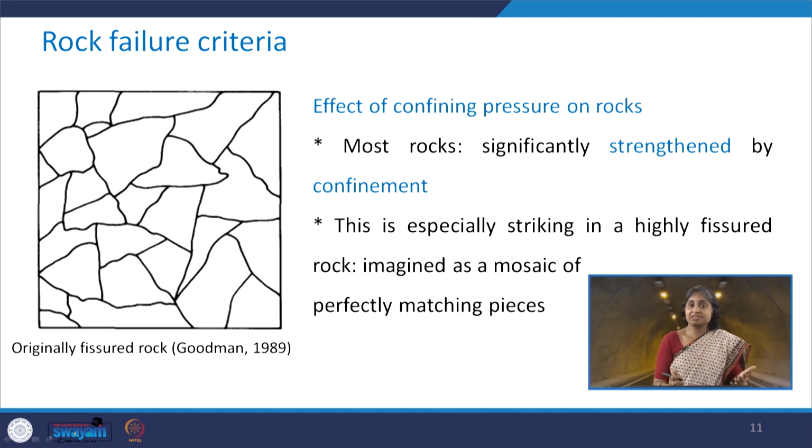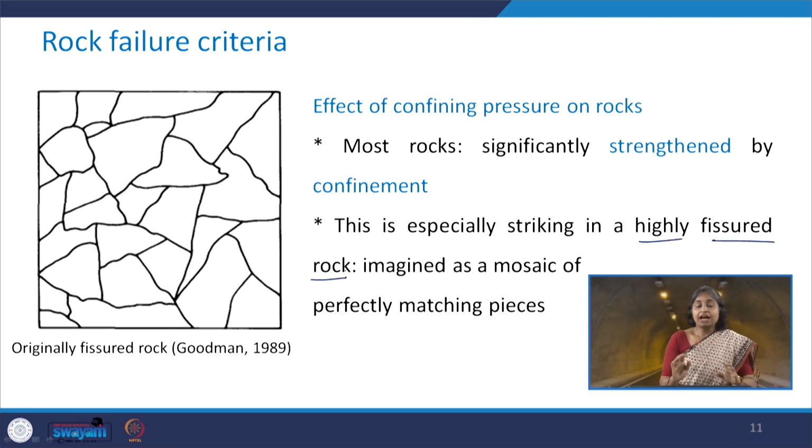As we have already discussed earlier, when we increase the confining pressure, the behavior of the same rock transitions from the brittle phase to the ductile phase. Most rocks have been seen to increase in strength when the specimen is tested at high confining pressure, and this is very significant, especially in the case of highly